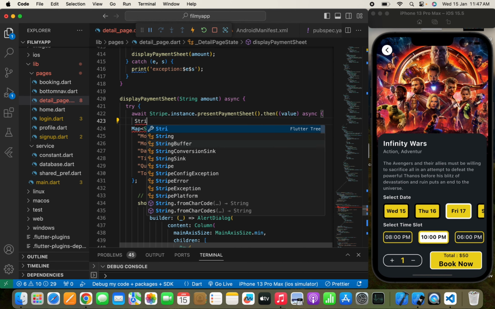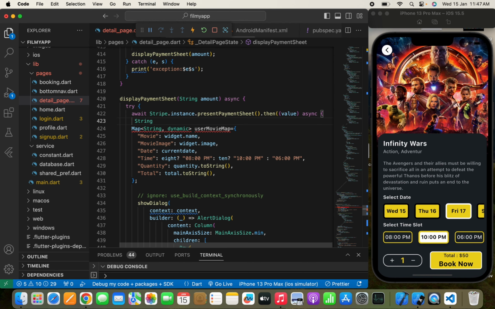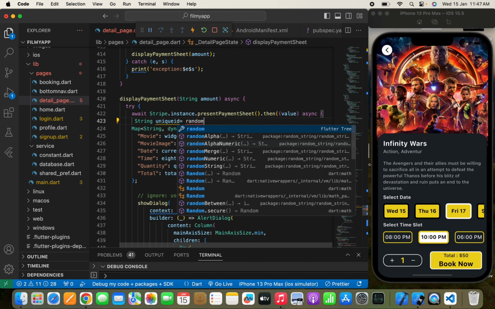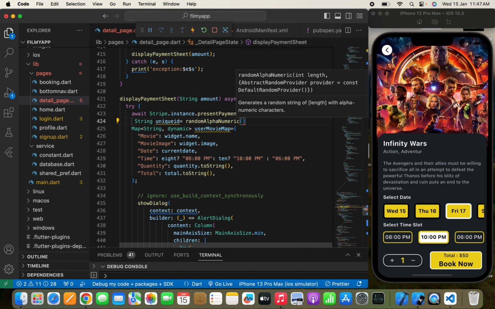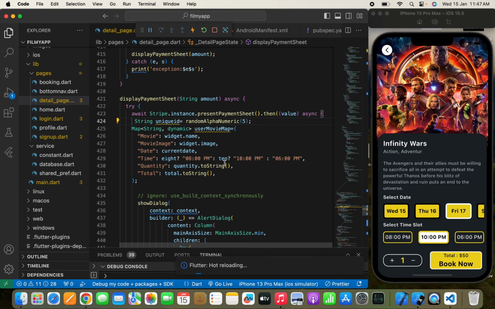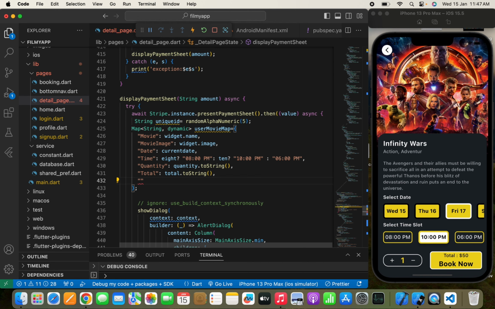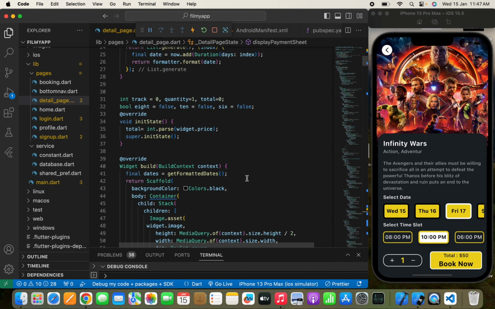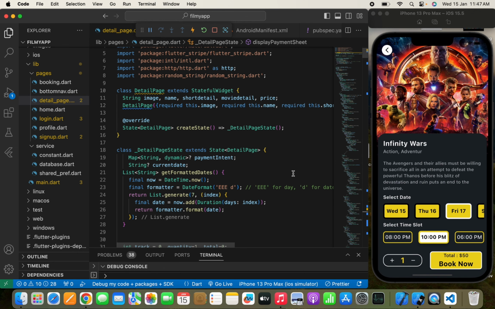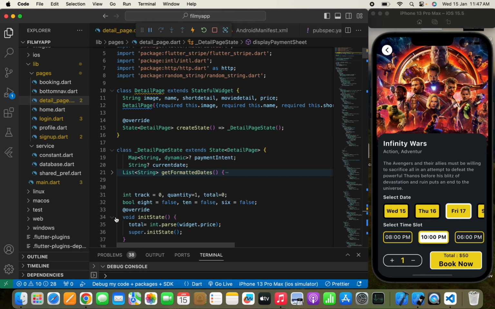So for that I'll just create a string, and here I will write a unique ID. I'll write random alphanumeric and pass a character length up to 5. Here I'm going to pass this, and we'll write QR ID, something like this, and we'll pass our unique ID. Now once we have done this and written everything that we need to show in our booking page, here comes the use of the main thing that I have told you about, which is